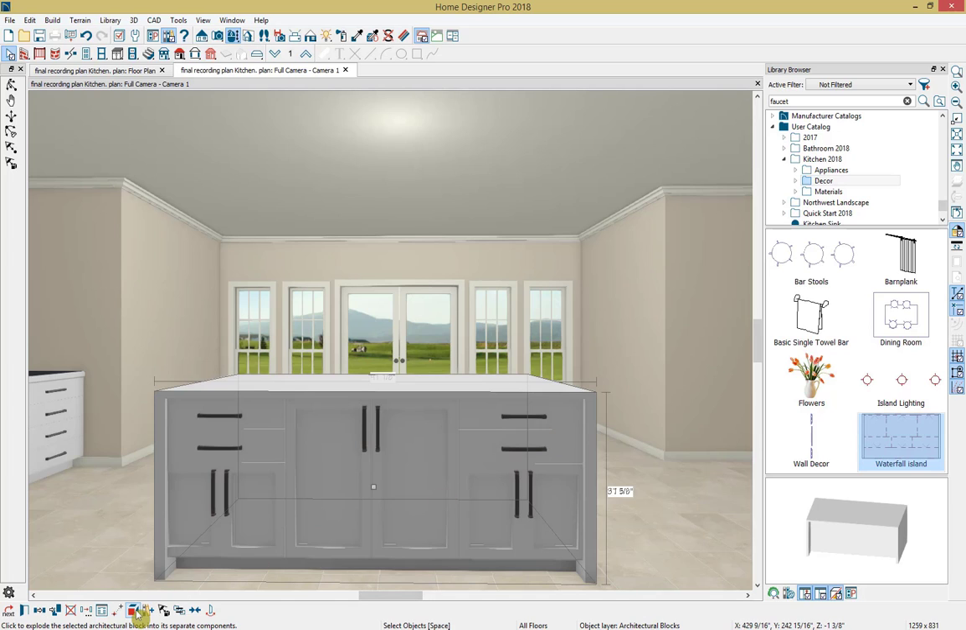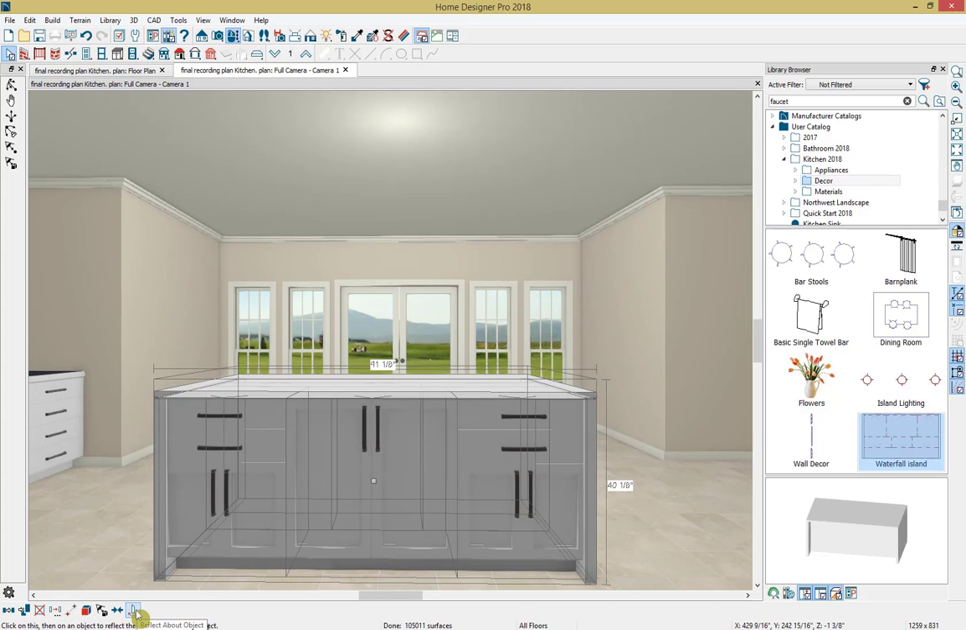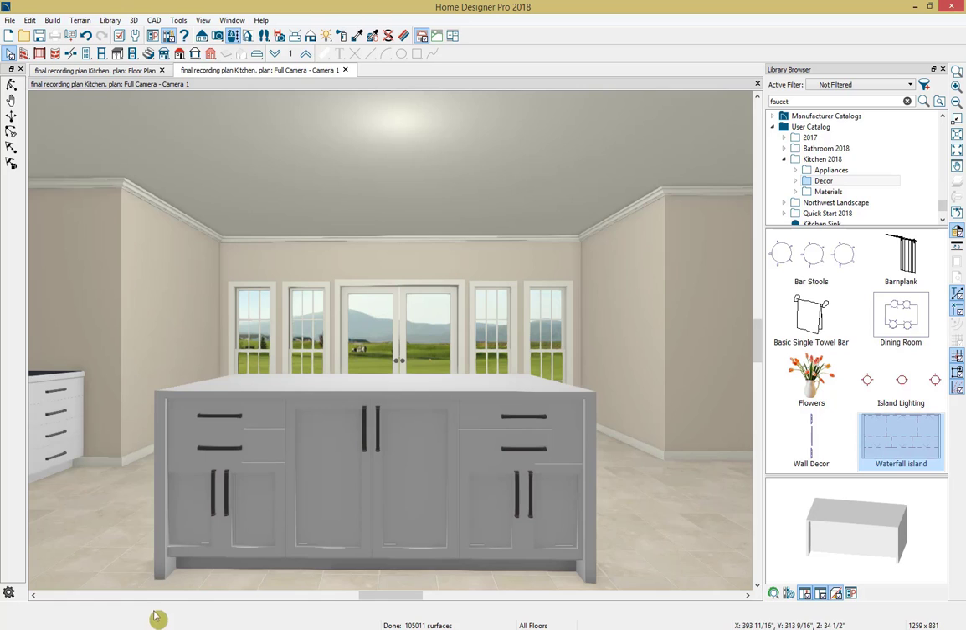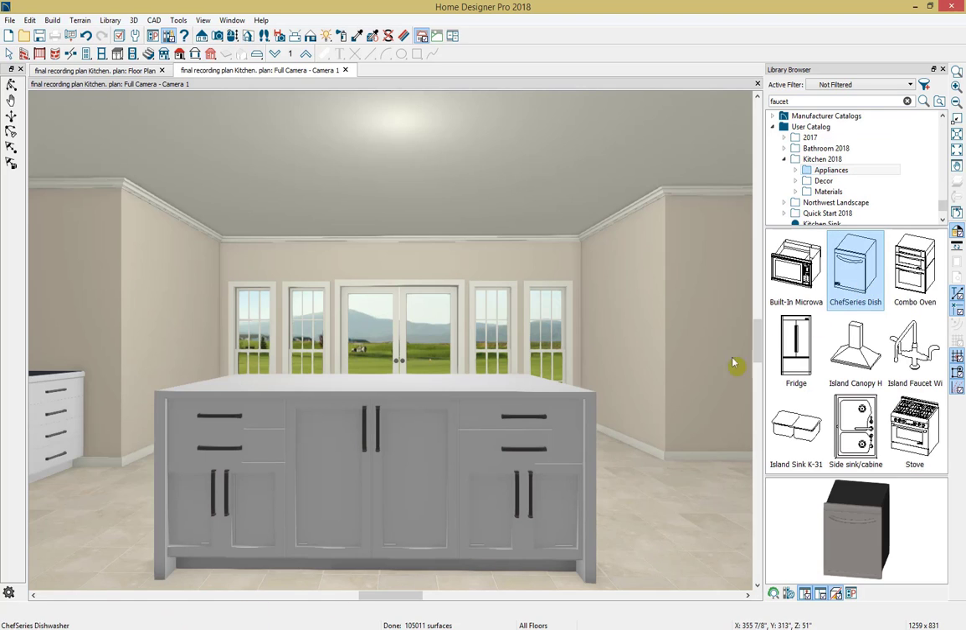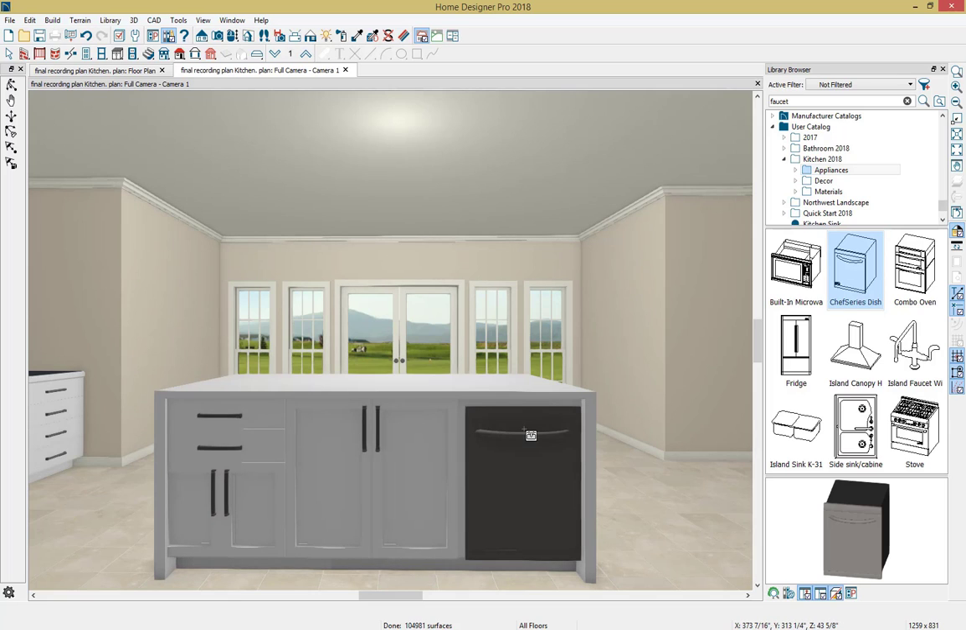So down here you can explode the architectural block, making it each individual component again. We will need to do this in order to add our dishwasher. I'm just going to click and drop that in, as well as our sink. So this is our island sink that I have here, and I'm just going to drop it here on this